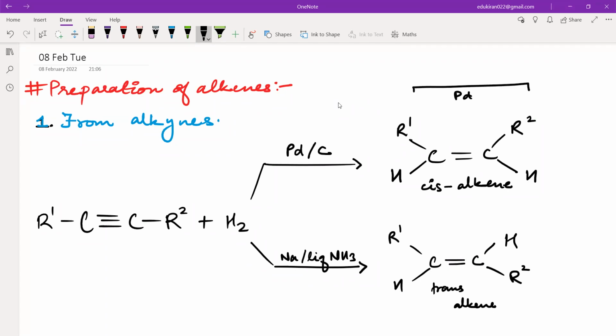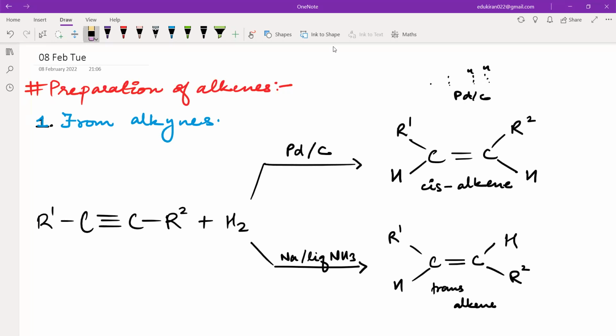So I will also give you a reason why this is cis alkene, because you have palladium. This is palladium, charcoal, and in that we have, first of all, we put hydrogen. So hydrogen is attached like this. Now comes C triple bond C. So what happens? The hydrogen atoms get attached from the same side, and that is why you have here